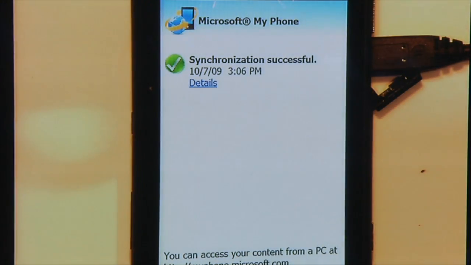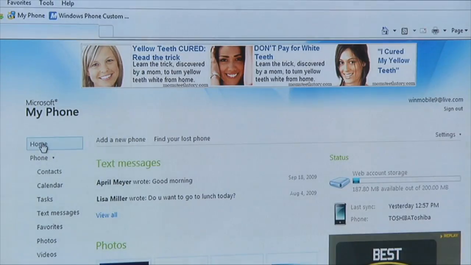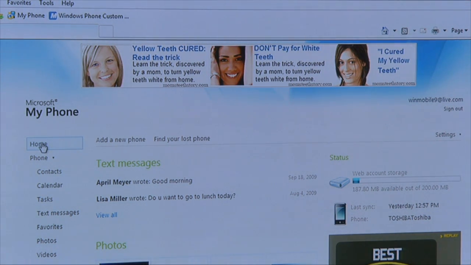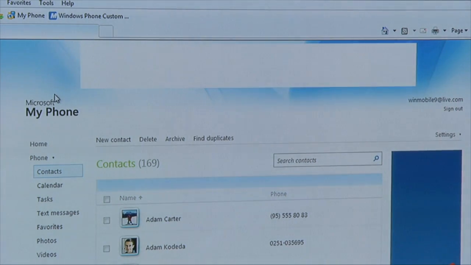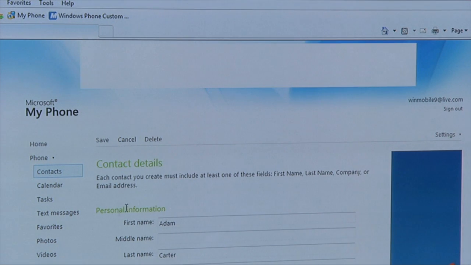So it's very easy to add things to these integrated social networks. Now let's switch over here to the PC and look at the PC side of it. So not only does the MyPhone service back up my data to the cloud, but it allows me to manage it. It's not backed up to this black hole up there where I think the data's up there, I hope the data's up there. I can actually get to it and work with it. So that's half the power of this, is the ability to manage my data here. So I can go into things like contacts. I could come into a contact like Adam here